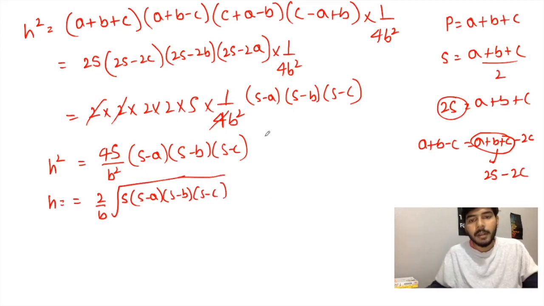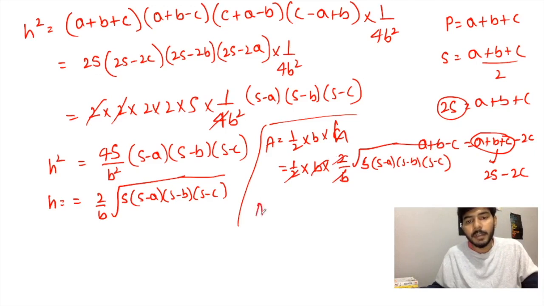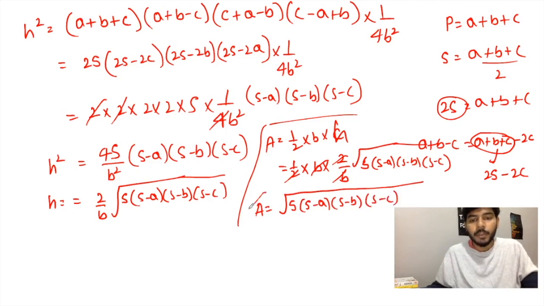ये हमने बना h निकल गया। अभी हमने पीछे सीखा है कि हम एरिया कैसे निकाल सकते हैं। एरिया 1/2 बेस इंटू करस्पॉन्डिंग हाइट से निकाल सकते हैं, तो 1/2 बेस b था, और h अभी हमने निकाल लिया यहाँ पे, यानी 2/b अंडर रूट s माइनस a, s माइनस b, और s माइनस c। तो ये b से ये b कट गया, ये 2 से ये 2 कट गया, तो बचा क्या, एरिया इज इक्वल टू अंडर रूट s माइनस a, s माइनस b, और s माइनस c। और यही हेरोन्स फॉर्मूला कहलाता है।